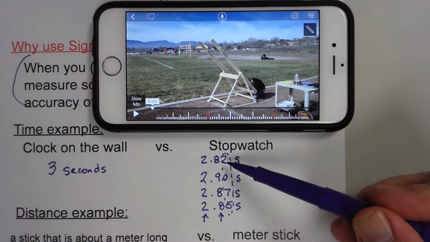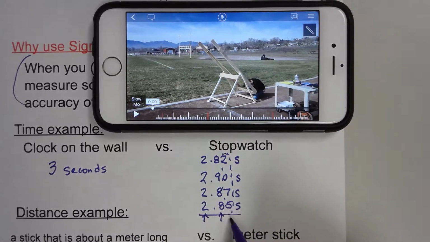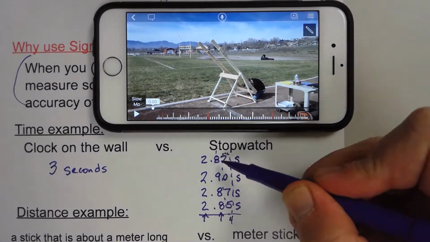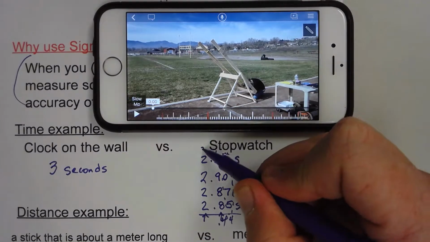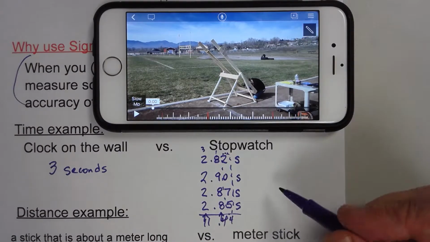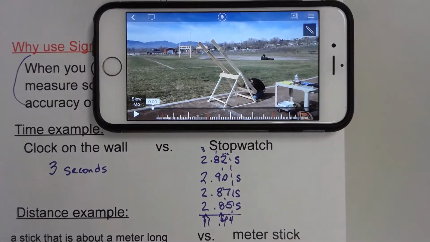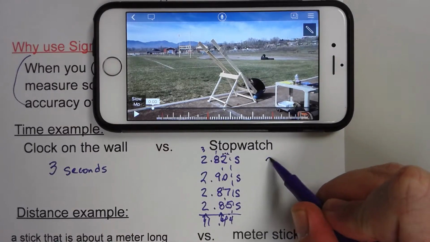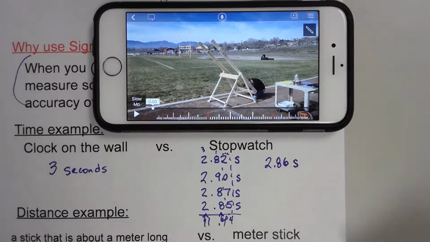So let's do some quick math in my head. 0.2, that'd be 0.9. If we add all this up, we've got 4 and a carry of 1, 24, 25, so it'd be 34.3 here. 11.44. If we divide 4 into 11.44, what are we going to get? We get 2.86 as the average. Now, it would be good lab procedure to do this more than just 4 times, but